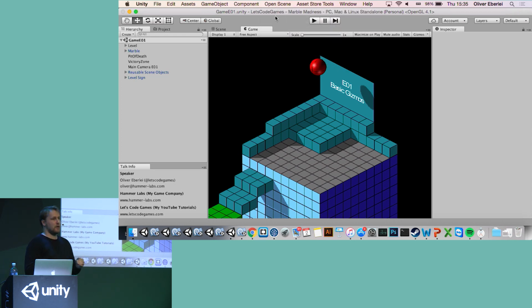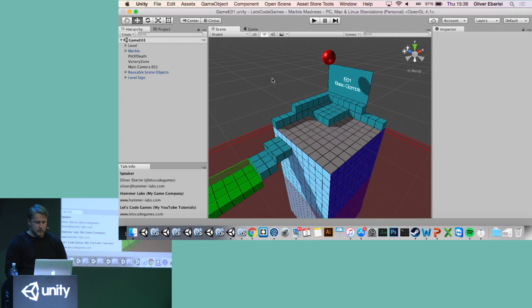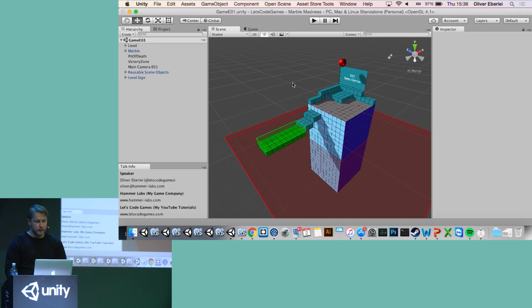So starting at the very bottom. Gizmos are a very useful feature in Unity just to get some quick debug data into your scene. So you can draw stuff into your scene view that you won't see in the game view or in the game later. Just draw boxes around objects that you need to see quickly or stuff like that, or you can visualize different regions of your game level. So let's see what basic gizmos can do for you.